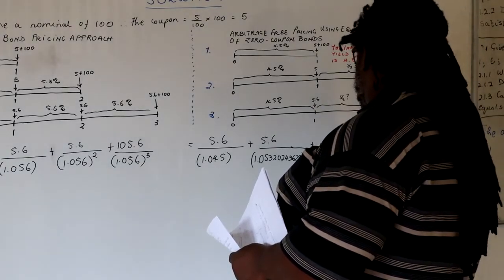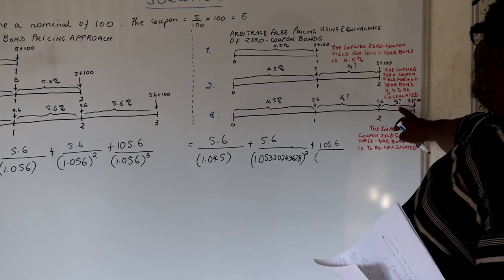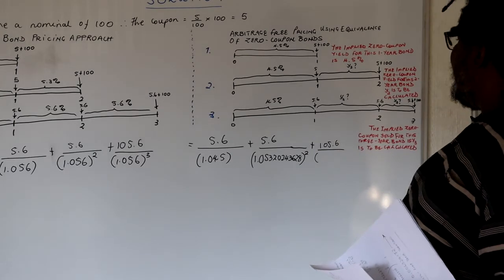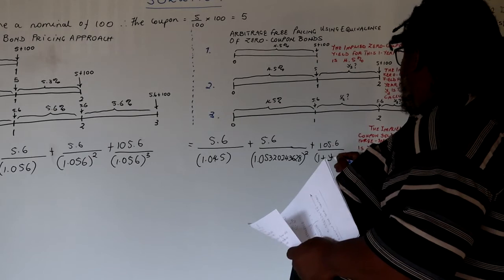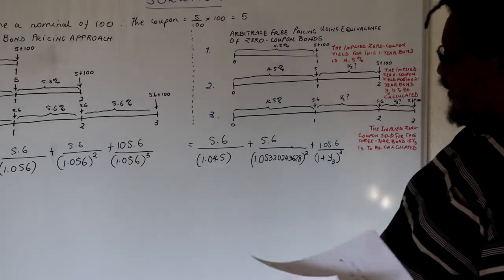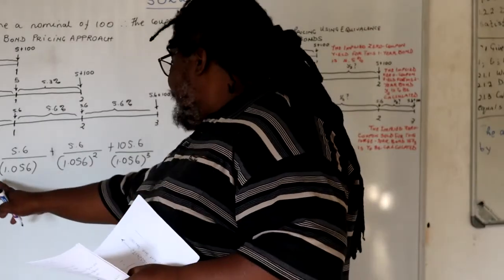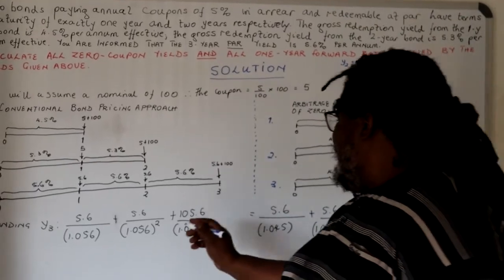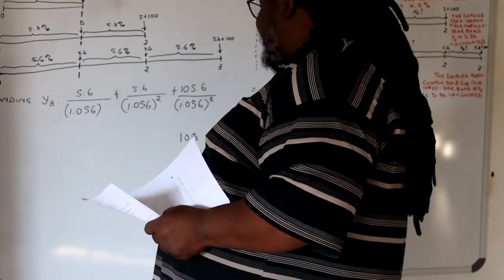1.0, not 1.0, because we are actually looking for Y3. So we don't know the discount spot rate there. It is actually what we are supposed to get. So we will say 1 plus Y3 all raised to the power 3. So in the exam, you don't need to do this. From the information you have been given, you already know that this is 100. So it is 100 equals to